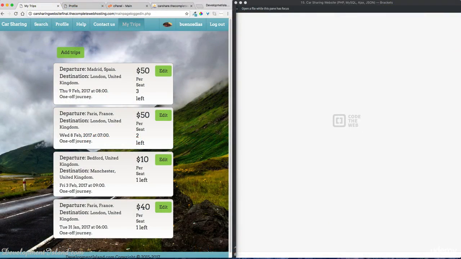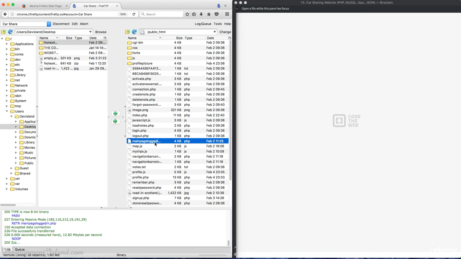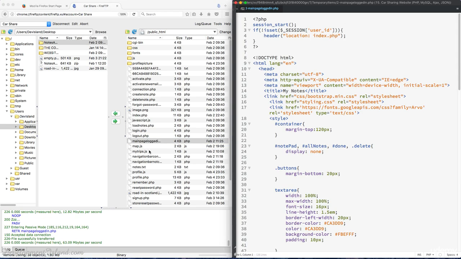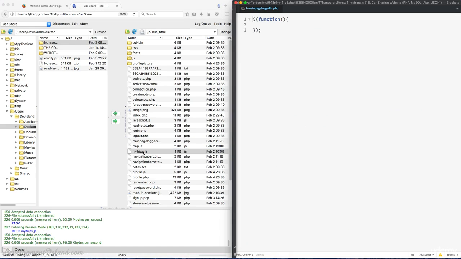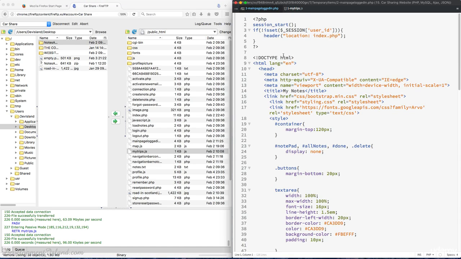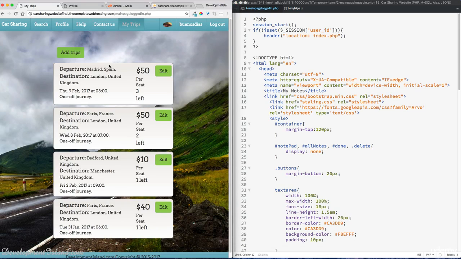In this video, we're going to build the skeleton and decoration of the trips page. So let's open the page. And also let's open the JavaScript file linked to this page. So first, we're going to go inside the container, set the number of columns we would like to be